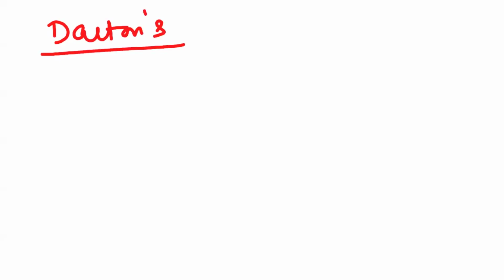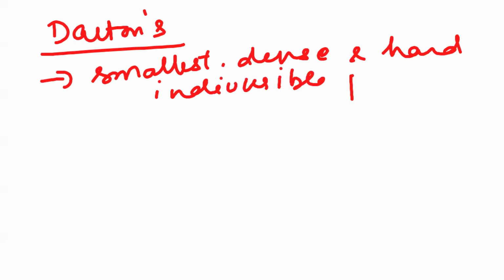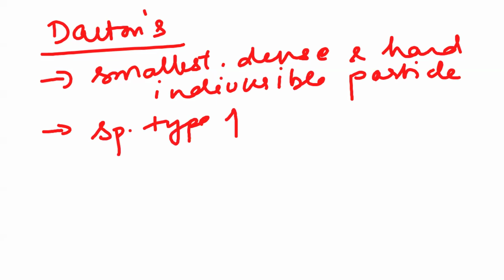Dalton's atomic theory postulated first that an atom is the smallest, dense, and hard indivisible particle, and each element consists of a specific type of atoms. Then the properties of elements differ. Why do silver, gold, copper, iron, or gases have different properties? Because they contain